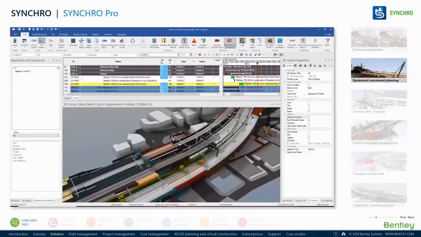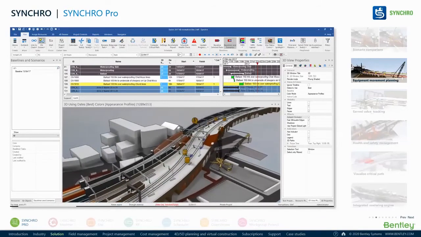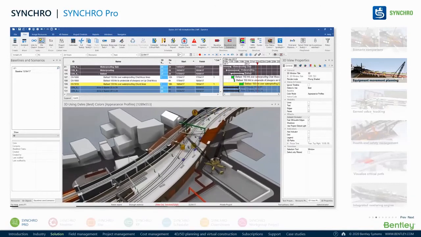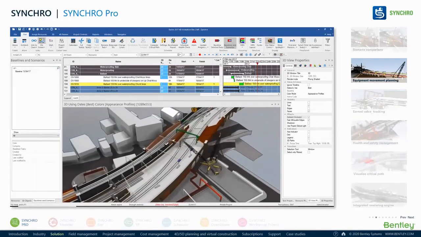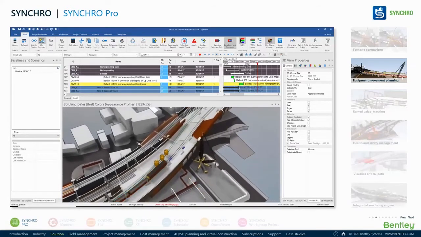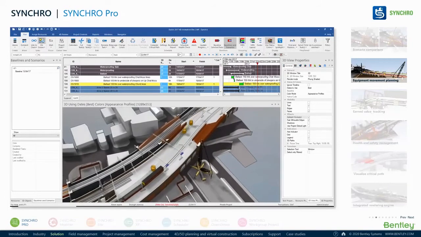Another part I wanted to show is how you plan the equipment for a linear project. You can plan the equipment accordingly. You can see the crane movement. This is an interesting crane movement, and you can plan your equipment accordingly, so that you understand the boom of the crane, and also whether there could be access to other equipment or not.